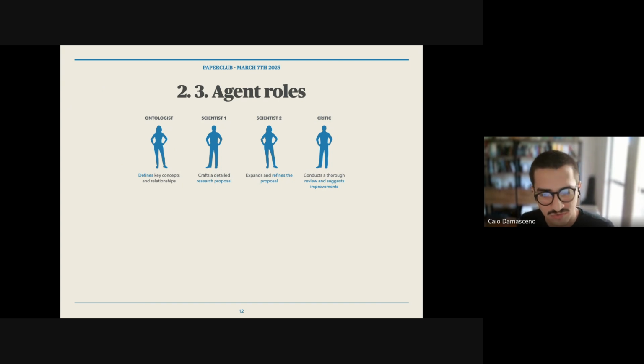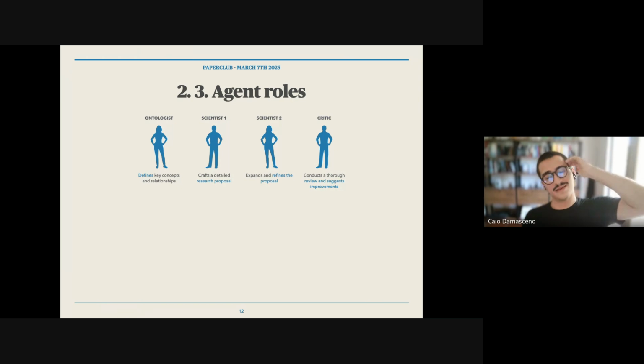And there is also the critic that is responsible for reviewing. If you have any contact with the academic field, you know that the review part is very important for publications and for the approval of new theories. So there is also a critic in this project as well, and it can suggest improvements to the proposal, and especially in the second approach that I showed with the interactions, it can bring some loops and some iterations with the other agents.